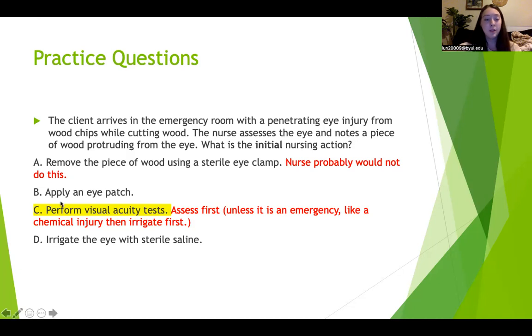Usually the answer is C. Like I said, when we're talking initial, usually we're talking assessment. So we're going to perform a visual acuity test. Assess first, unless it's an emergency, like a chemical injury, then you would irrigate before assessing. If there's an obvious intervention you should be doing because of the information they've given you in the question, do that. Okay, and that is it for